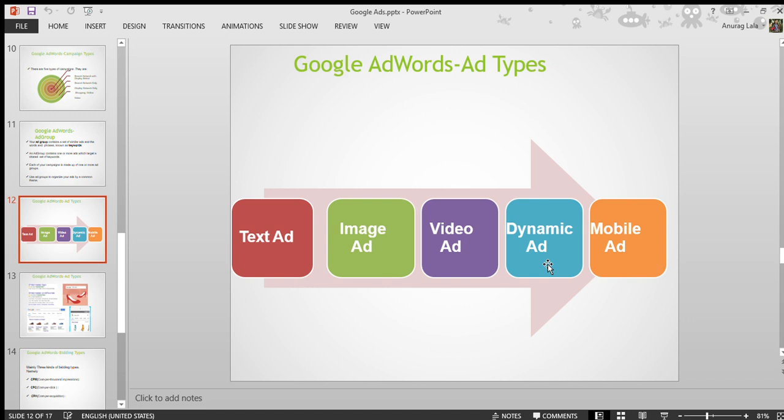Dynamic ad means the ad which keeps on changing on the basis of stock. Suppose you have a particular product on your website, mobile phones, and you have 10 mobile phones. You are advertising on Google that you have 10 mobile phones and people can purchase them at a lower discount. People are purchasing, and once the stock has decreased to 7, now it is 4, 5, the ads will be modified accordingly. It is dynamic in nature. It will keep on changing. So those are the ad types.